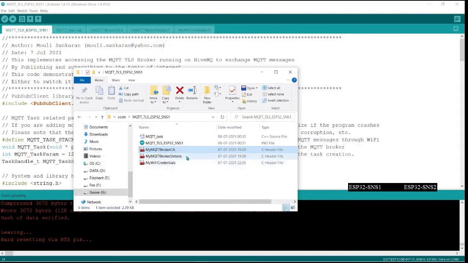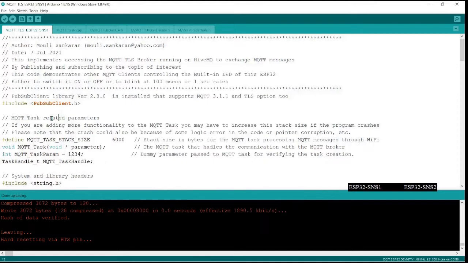I will explain how it is done. Then broker details like the IoT login, username and password, are captured here. And the Wi-Fi credentials for connecting to my Wi-Fi network, which you need to change to connect to your network. Now let us go into those files and understand the periphery before we come to the main code.